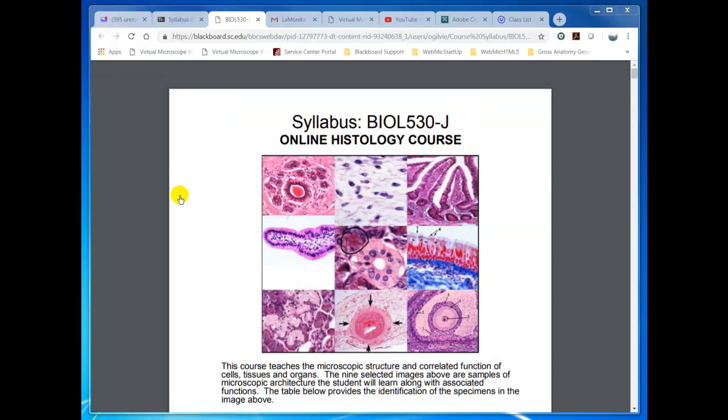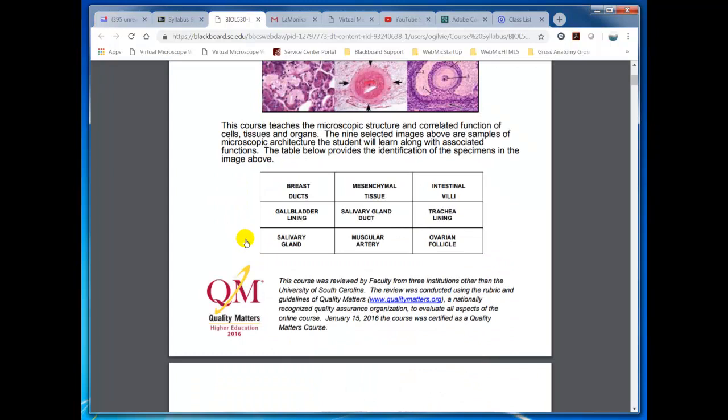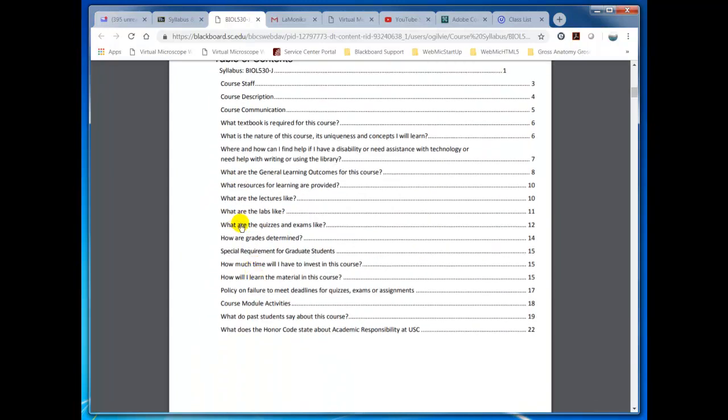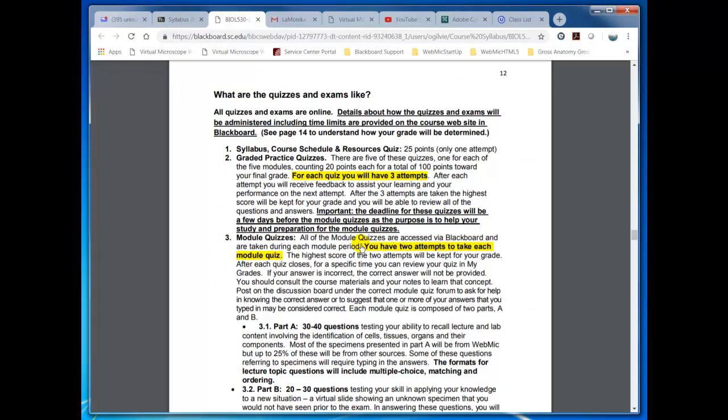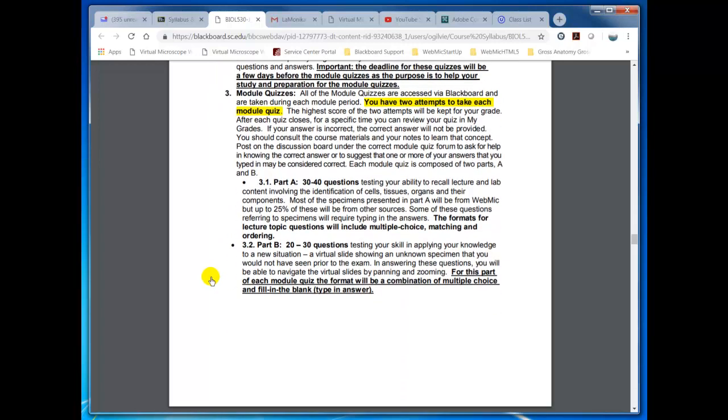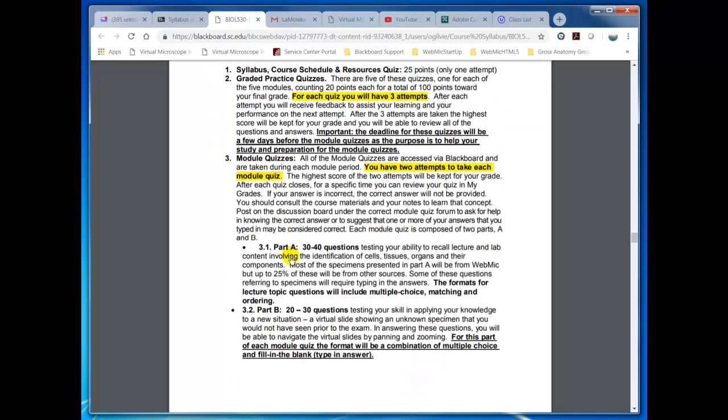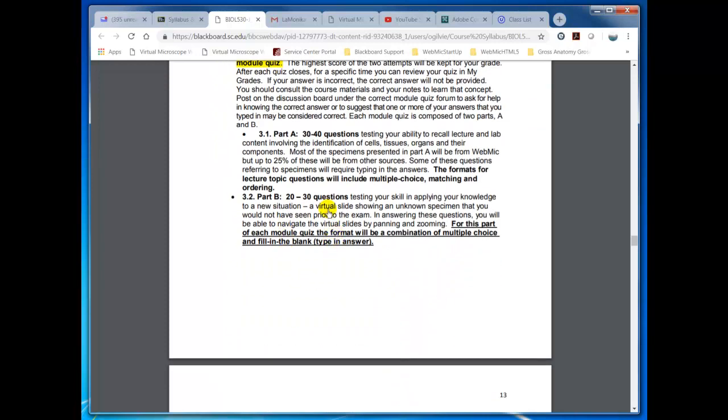Before I get to the quiz, I want to point out what we have shared with you in the syllabus about the quizzes and exams, and particularly for Part B. And here on page 12, we have shared with you that